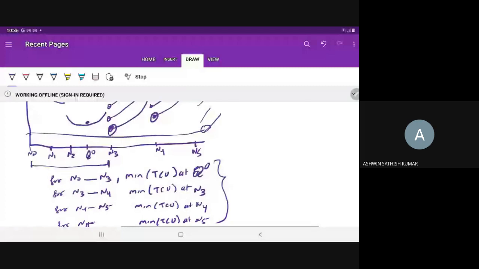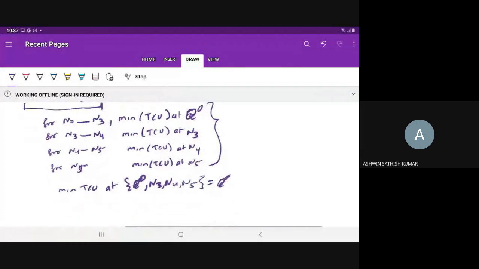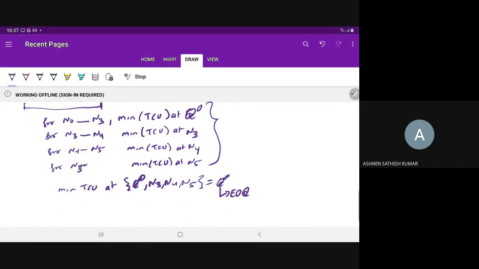If you compare this diagram, the minimum is at N5. Q star is the economic order quantity. So Q star can be any point among Q naught and the left limit